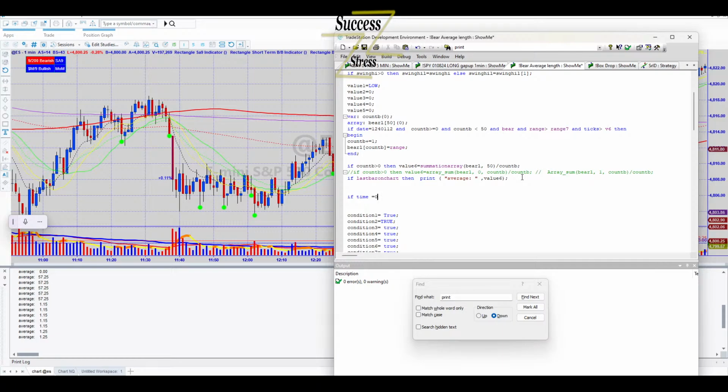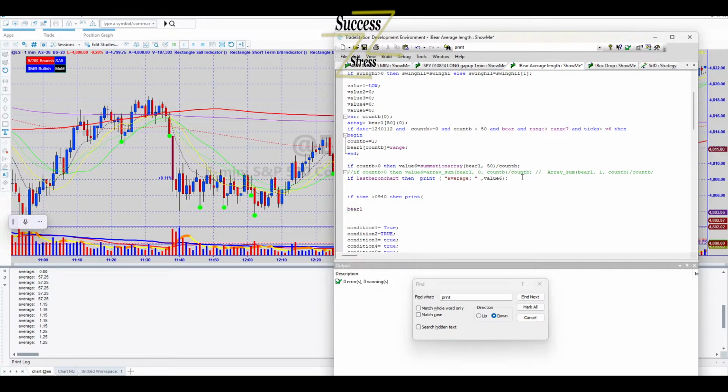All right, we're going to do if time is greater than 0940, then, and that's why I said this has got to be a lot easier than this. We're going to do then print. We're going to do